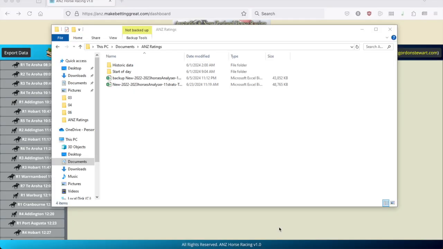But we'll have a look at preparing the data for analysis in the spreadsheet and how to sanitize that before you import it, so that the data you're pulling in isn't full of scratchings and other horses that didn't run skewing your data. Alrighty then, so I've got the folder where I've got the ANZ Ratings Analyser spreadsheet